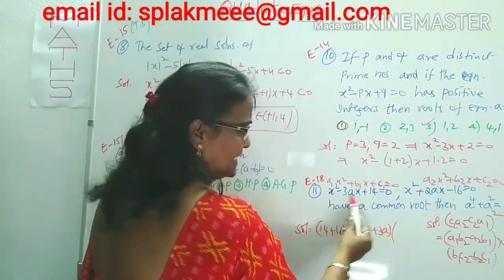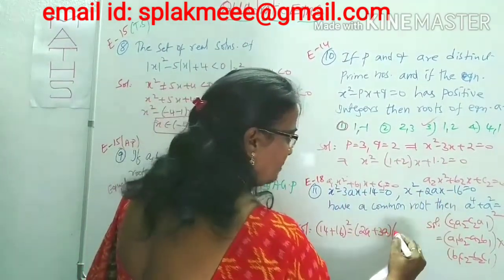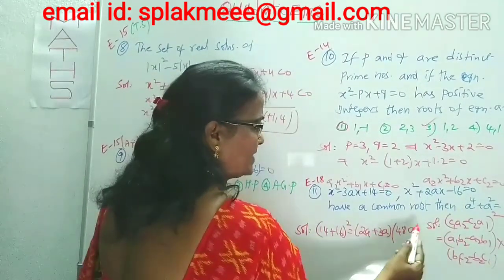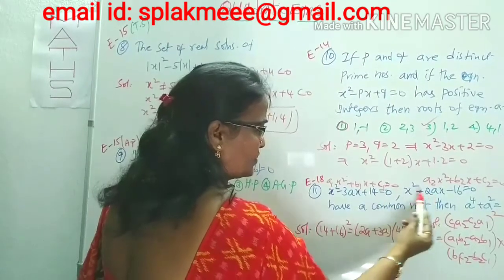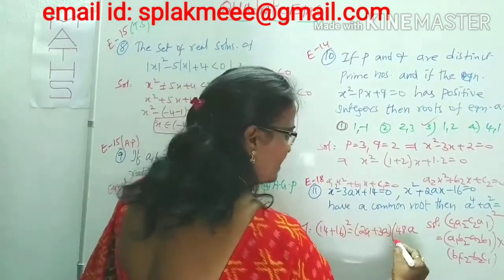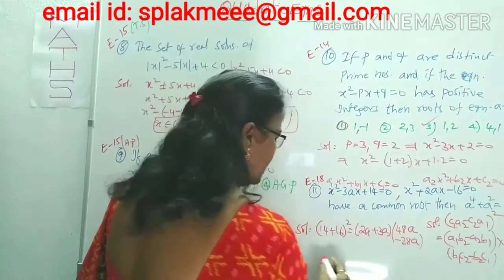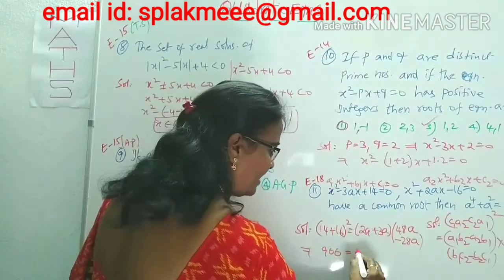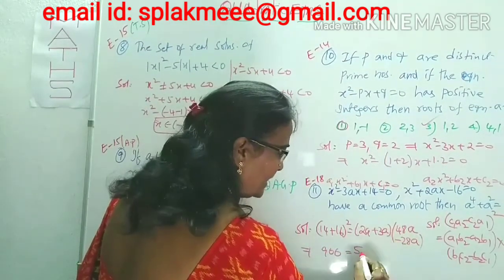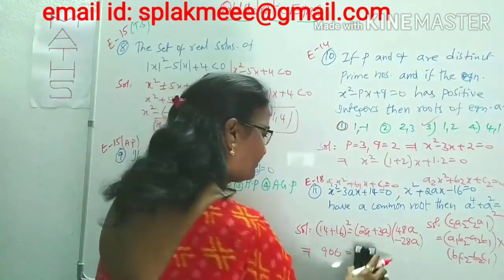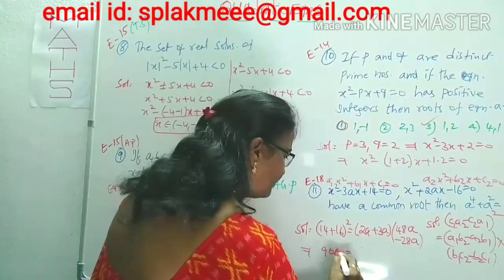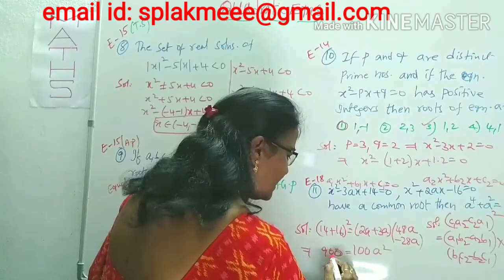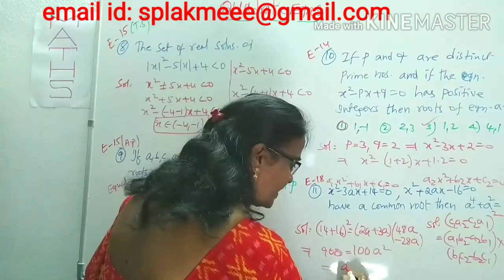Now B1C2 minus B2C1. B1C2 is minus 3a into minus 16, which is plus 48a. And B2C1: B2 is 2a, C1 is 14, 2 fours are 28, minus 28a. It comes here: 30 square is 900 is equal to 5a into 20a, which is 100a square. Therefore, 900 is equal to 100a square. So a square is 9.